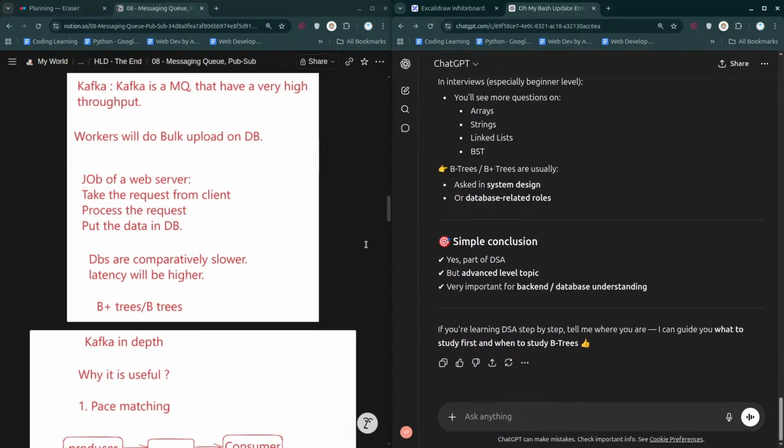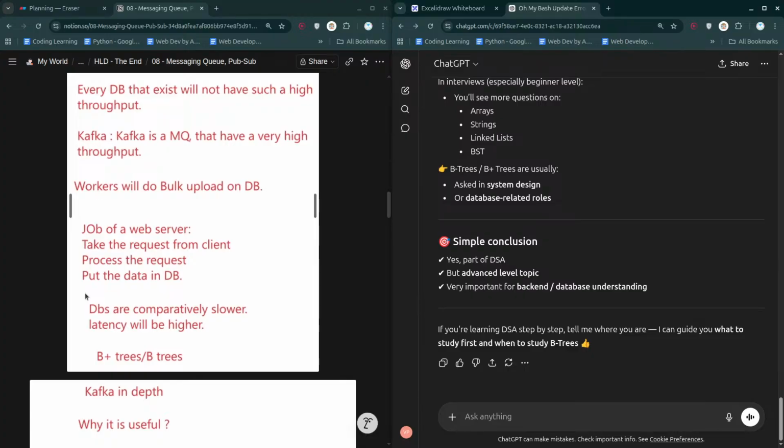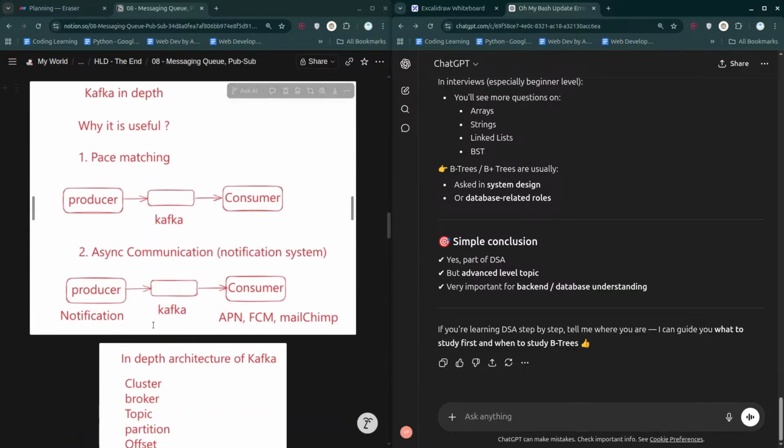Okay, that's fine. That simply means this is the right time to get into this DSA stuff, and I have to complete it as soon as possible so that I can start learning LLD. So at least 3 months needs to be given to DSA, or even less if possible, and then I have to switch to LLD. Time is less. I have just 6 months. That's it. Okay, let's continue.